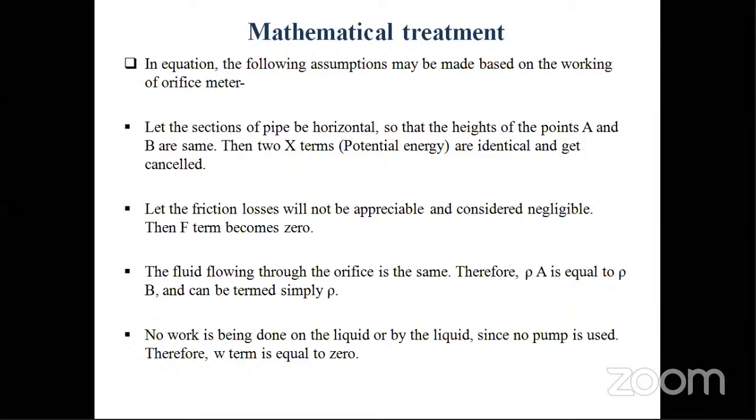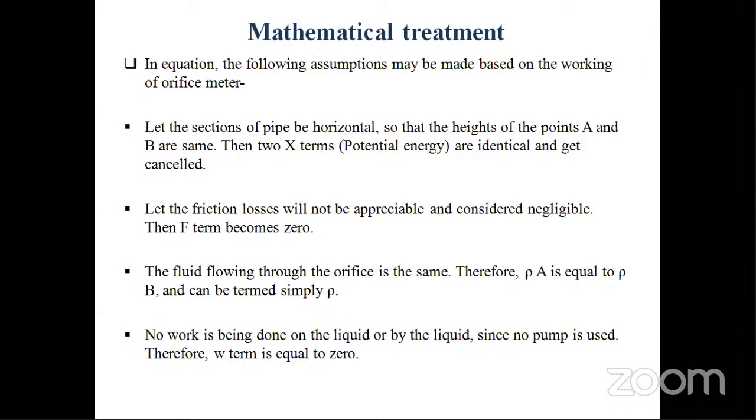ফ্রিকশন যখন হচ্ছে না তখন সেখানে ইজিলি আমরা লিকুইড মুভ করতে পারছি। আবার যদি পাইপলাইনটা হরাইজন্টাল পোর্শনে হয়, হরাইজন্টাল মিনস দ্য সেম লাইন, তো সেখানে পয়েন্ট A থেকে পয়েন্ট B-তে যেতে কোনো রকম পাম্পের দরকার হবে না, ইজিলি সেটা পয়েন্ট A থেকে পয়েন্ট B-তে চলে যাবে যদি আমি ভালভ ওপেন করি। চলে যাওয়ার সময় সেখানে কোনো পোটেনশিয়াল এনার্জি বেশি বা কম হওয়ার কোনো চান্স নেই, দুটো ক্ষেত্রেই পোটেনশিয়াল এনার্জি আইডেন্টিক্যাল, বোথ আর সেম, মিনস X ইকুয়ালস টু জিরো।